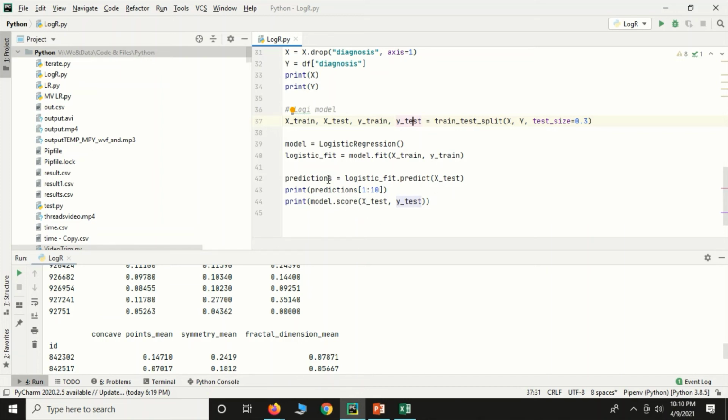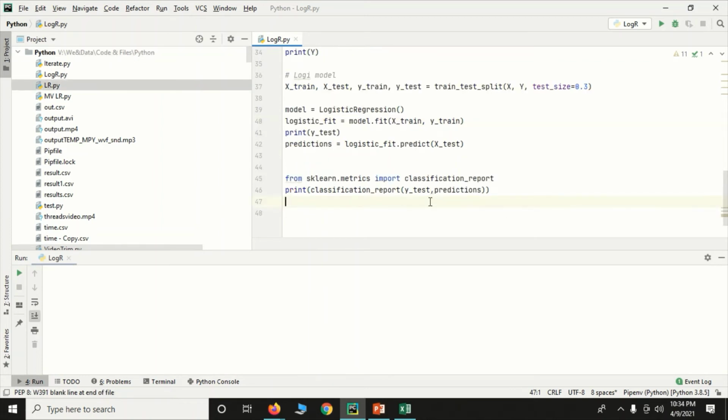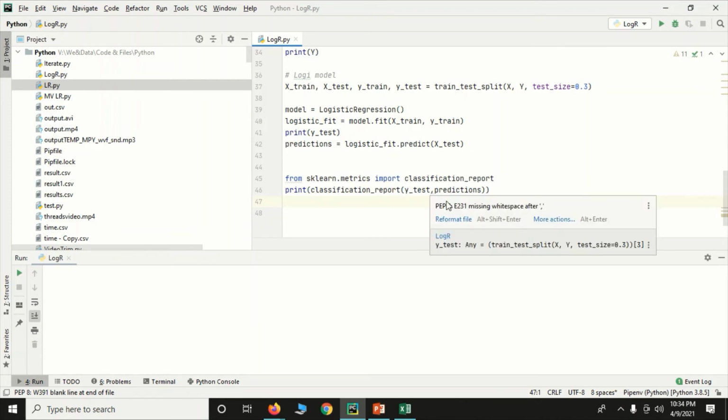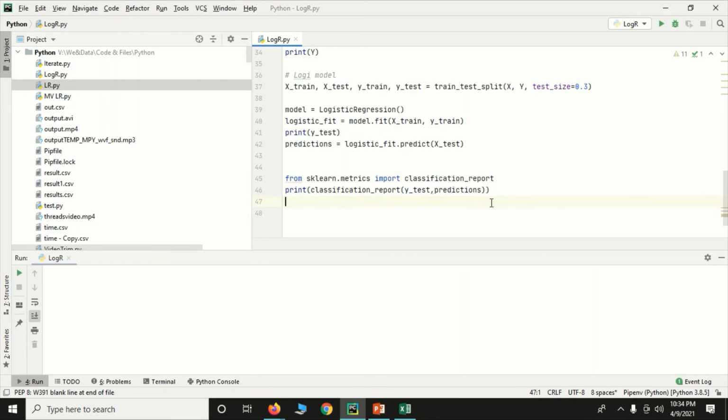I'm getting the predictions with the help of the prediction which is given and the real values y test. I'm going to get a score from them. Then the scores is the classification report. From sklearn.metrics, import classification report. This classification report will give precision, recall, F1 score. With the help of y test, that's the original values, and the prediction values, that's the predicted values with the help of x test. With these both, I'm going to get the classification report.